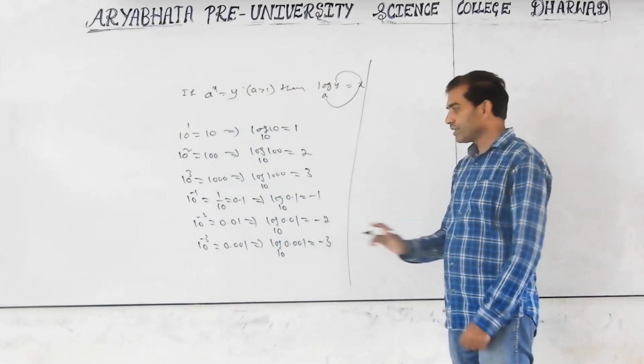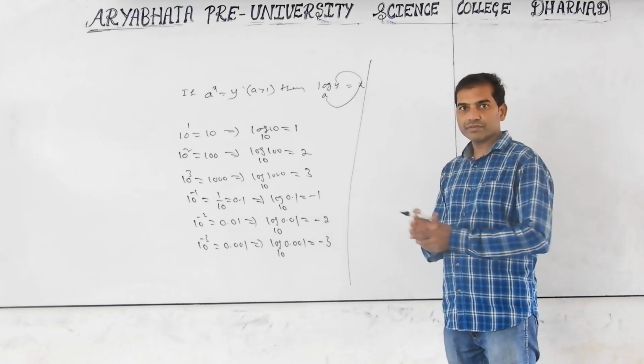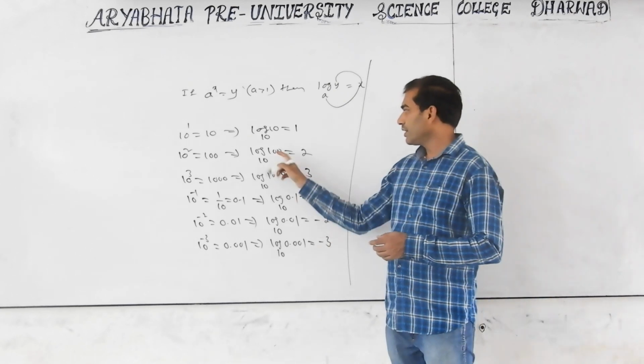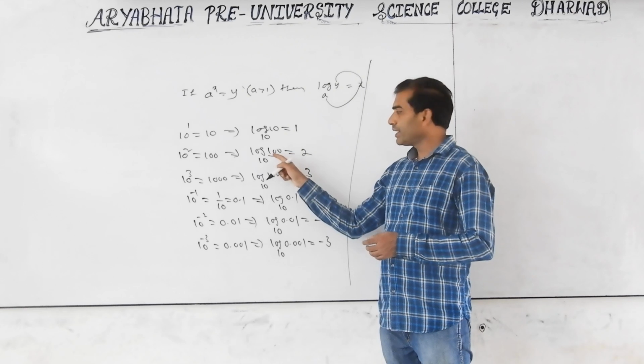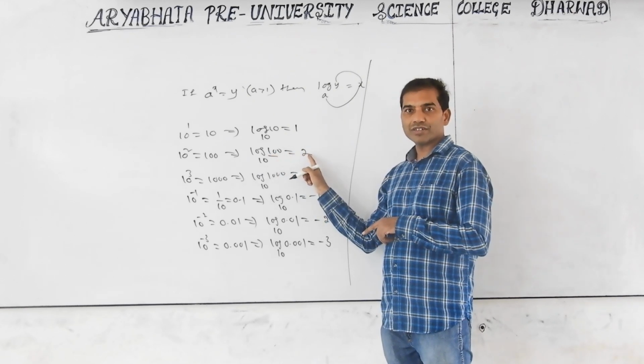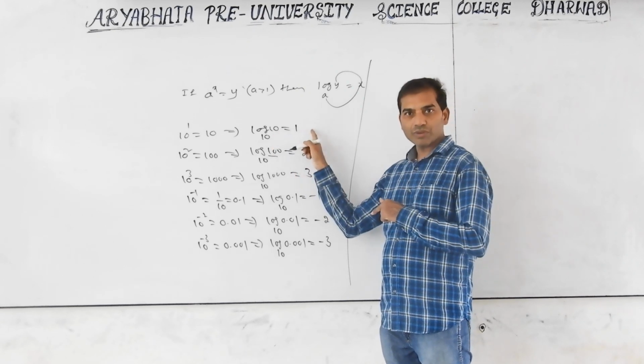I think you have learned in physics and chemistry how to find logarithms by seeing the tables. Here, for 100, log 100: how many digits are there? 3, so the characteristic is 2, one less than the number of digits. For 10, there are 2 digits, so the characteristic is 1.